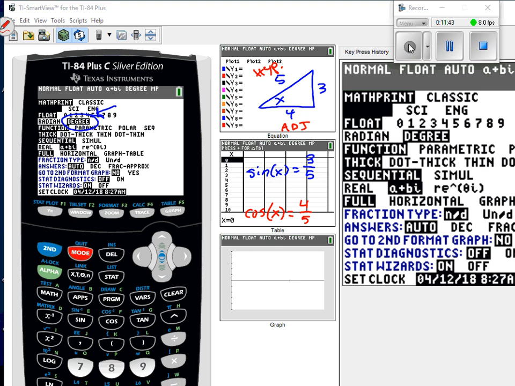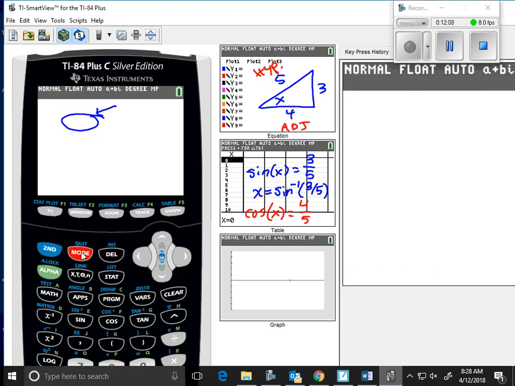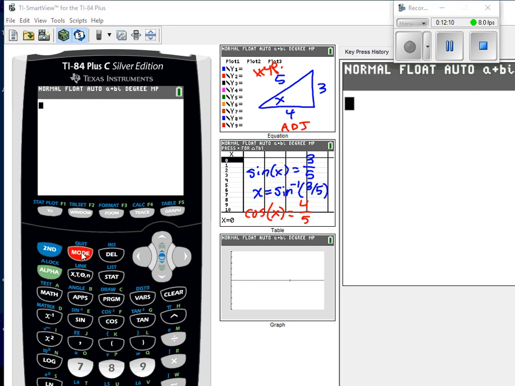Okay, I'm going to show you something cool that your calculator can do. Do you know what that angle measure is? No, but your calculator does. Watch this. We are going to find x by doing the inverse sine of 3/5. If you have a graphing calculator, go back to your home screen, and you'll see the sine button has an inverse, sine to the -1. Press second sine